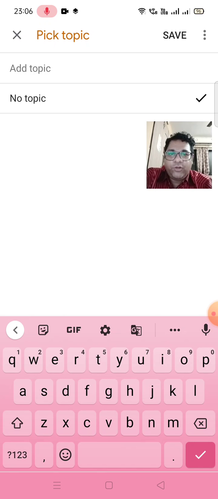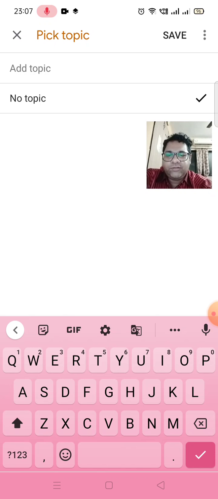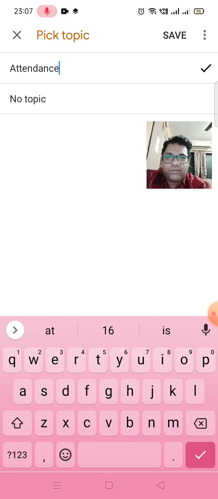Now here what do we have to do? We have to make a folder called attendance. So either you can write attendance, so you get attendance of all the days and months, or you can create a month wise attendance, like July attendance, August attendance, September attendance. Okay, so it depends on you, what you want to do. You have both the options. Now suppose I am creating a general attendance, so I write attendance. Okay, the attendance comes here, it's already selected, it's tick marked already, and we click on save.